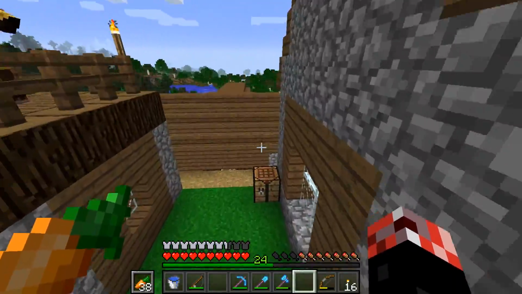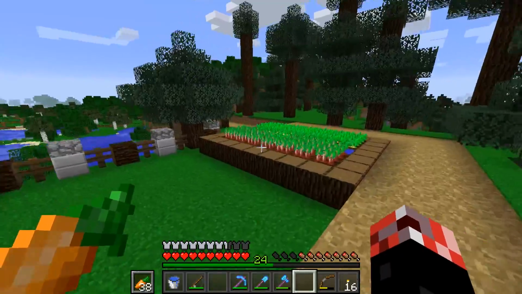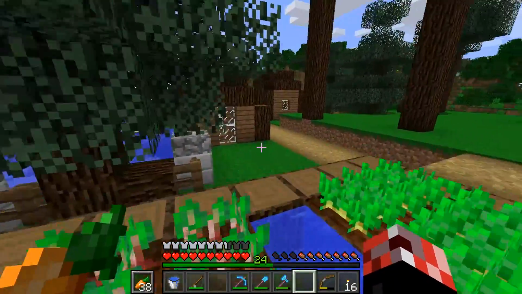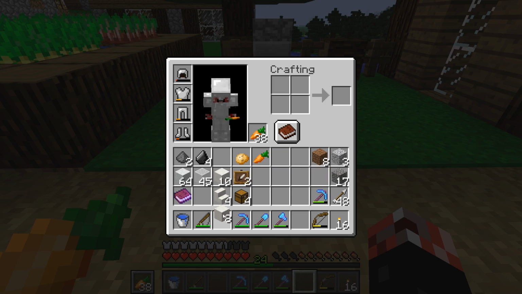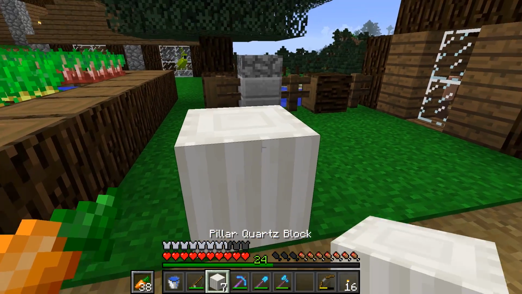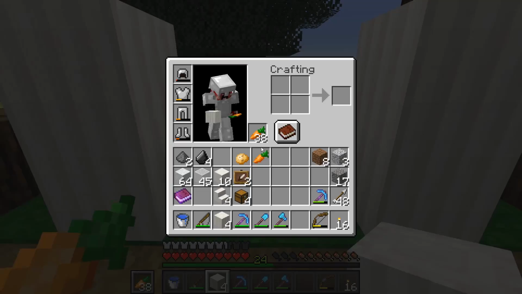We're about to go ahead and get this build underway. And here is the space, of course, that we allocated to it. So here's where we're going to do this thing. So let's go and grab these pillar blocks out first of all. And what we're going to do...